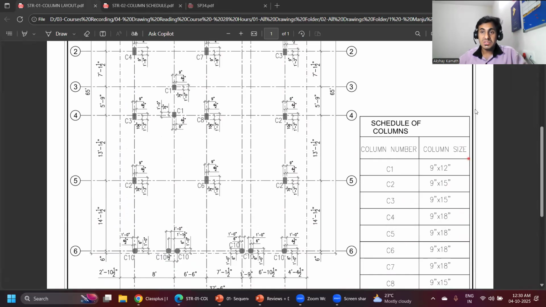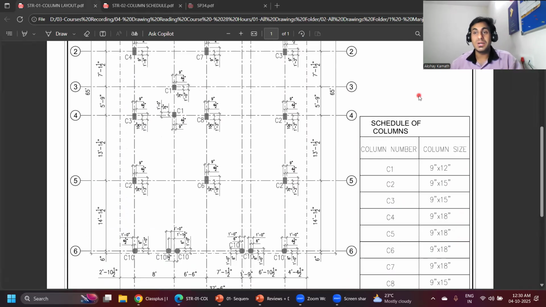Always remember, the minimum size of a column has to be 9 by 12 inch. That's the minimum size we use. 9 by 12. If it doesn't work out, we go with 9 by 15. If it doesn't work out, we go with 9 by 18. Then 9 by 21, we can go. If it's a commercial building, we can go with 12 by 12, 12 by 18, 12 by 24. These are the sizes we go for in a commercial building. For a residential building, 9 by 12, 15, 18 will work out. And always remember,